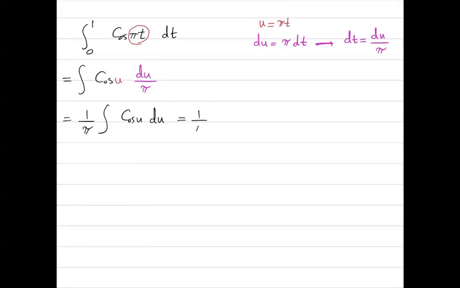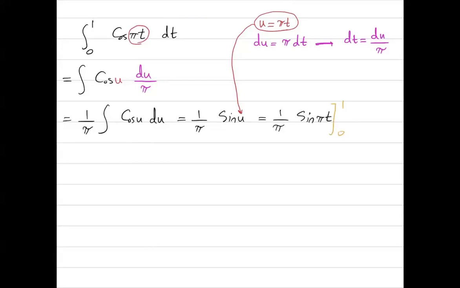This is 1 over pi sine of u, and please note that you have u. Your u needs to be substituted back here, and you can write it in terms of t as well. If you decide to leave it as u, then you have to change the boundary of the integral. This can be written as 1 over pi sine of pi t, and now t is bounded between